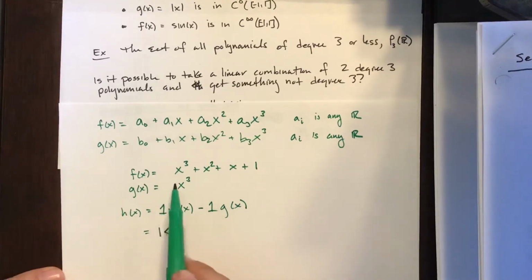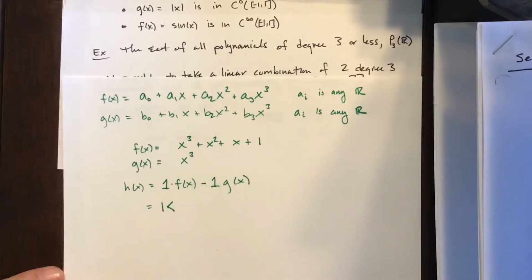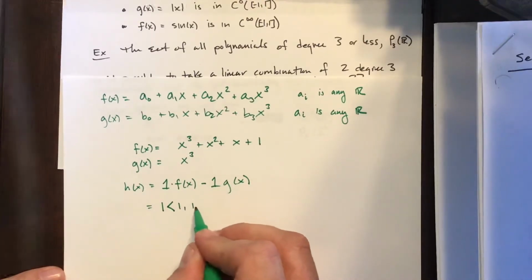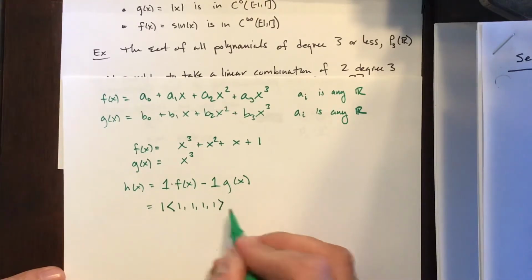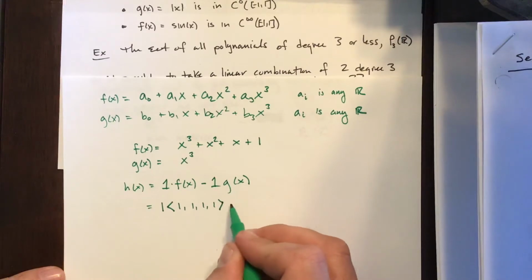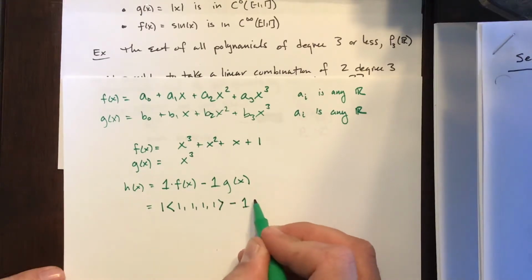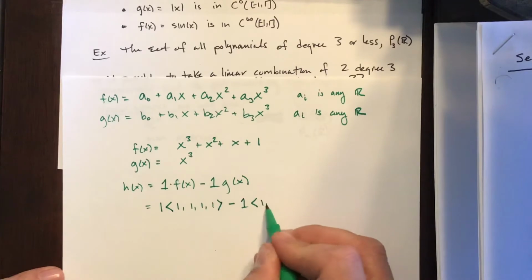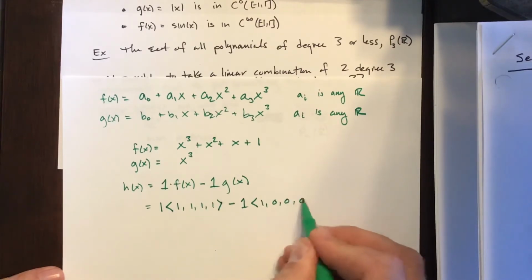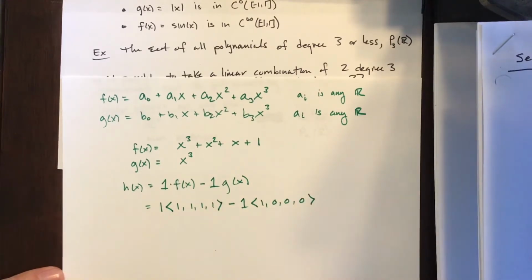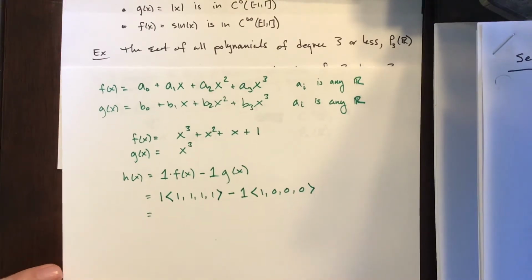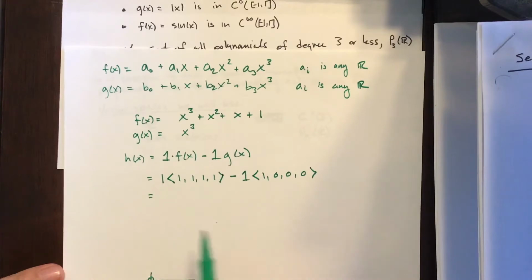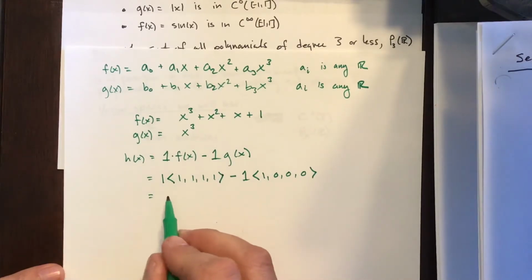What would the function f of x look like if it were in vector notation? It might look something like 1, 1, 1, 1, minus 1 times g of x. And g of x might look like 1, 0, 0, 0, where those are the coefficients on x cubed, x squared, x, and the constant term. If you were to take the difference of these two vectors,